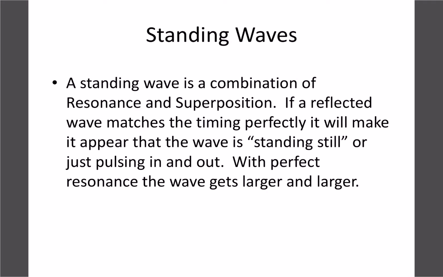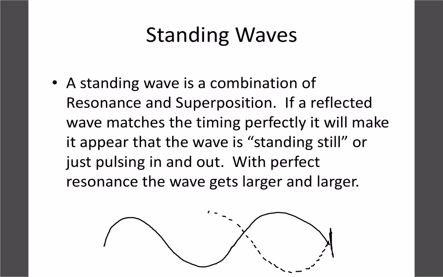The last thing we'll look at today is what we call a standing wave. It's basically just a combination of resonance, reflection, and superposition. It's pretty easy to do, you don't need to do much. Once you create a wave pulse, we send a wave down a rope or spring or something, and if it hits something solid, remember it's going to reflect upside down, and if we time it just right, we can get those frequencies to match perfectly,